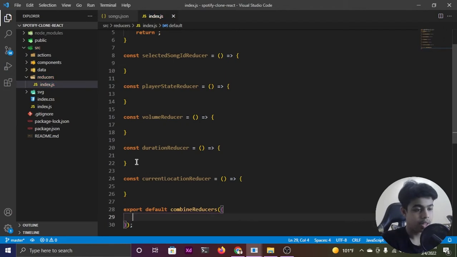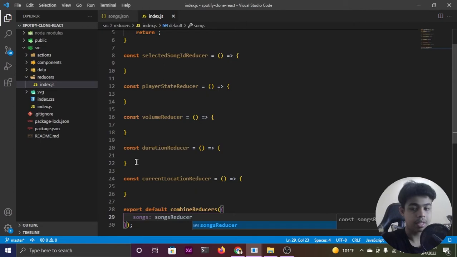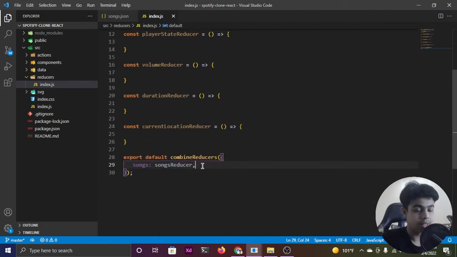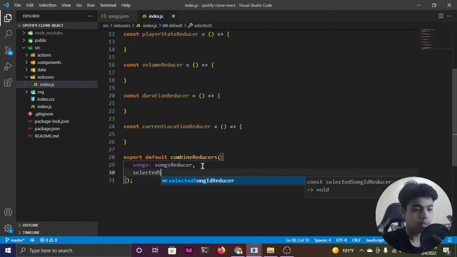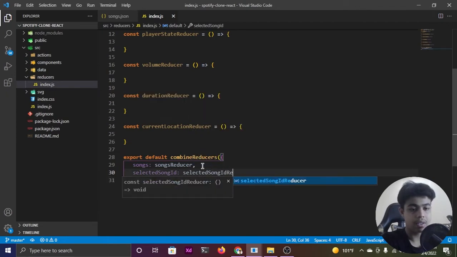Now what I'm going to do in this combine reducers method over here, which takes an object with keys and its values. So let me assign it. For the songs key, we are going to be calling a method that we have created over here, or a component you can say, that is songs reducer. We're going to be doing the same thing with all of these components. So second one is going to be for our selected song ID, in which we are going to be calling this selected song ID reducer method,